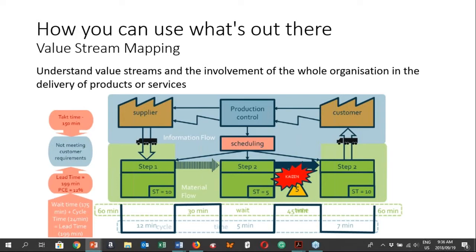For us, value stream mapping is a really awesome tool to understand how everybody in the organization is involved with creating products and services. What is their role? How do they contribute? How does information flow through the organization? And yes, obviously, at the end of the day, we can look at how we can improve that.